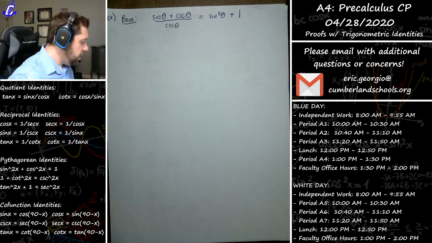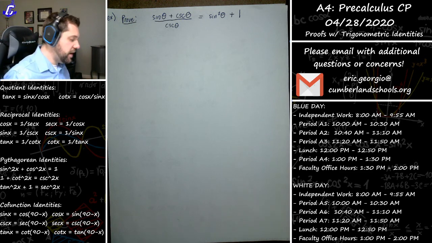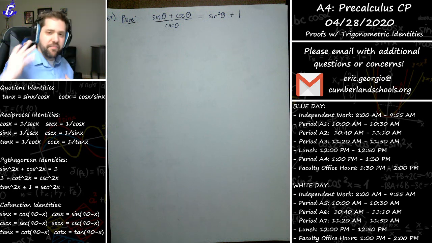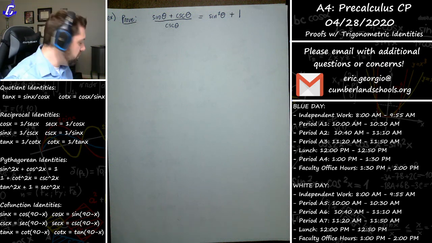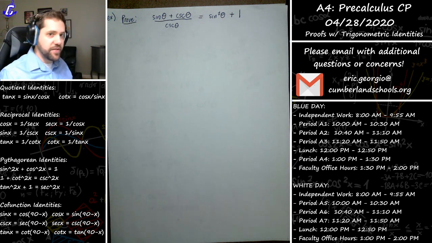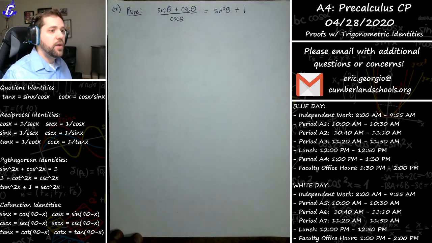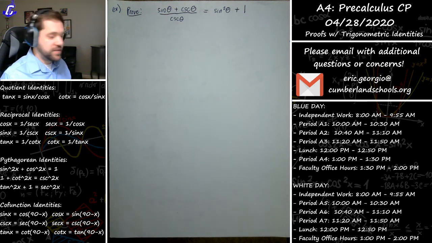Well, which side of the equation would you actually want to work with here? Would you want to work with the left-hand side, or the right-hand side? Maybe it's not as clear in this problem which side you want to start on. So you could try to start on one side, and if it gets you somewhere, that's great. And if it doesn't, that's okay. You can just backtrack and start on the other side. Personally, in this problem, I would definitely start on the left-hand side